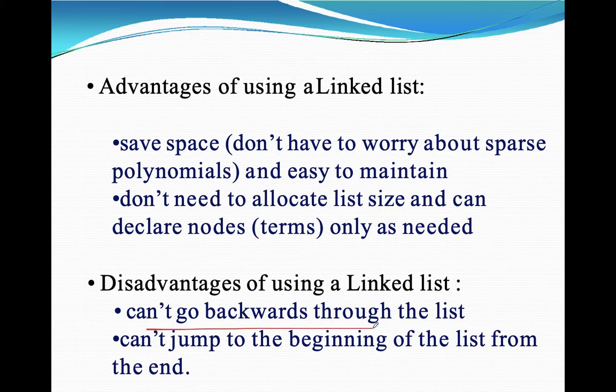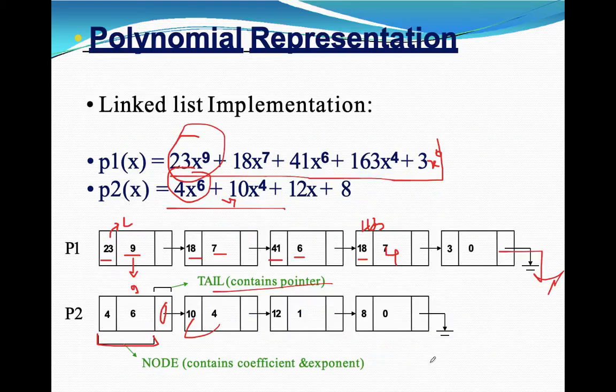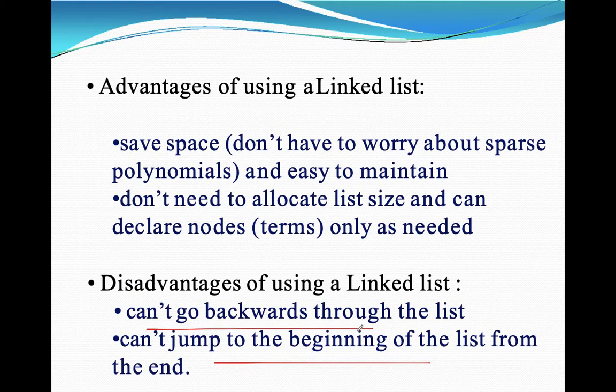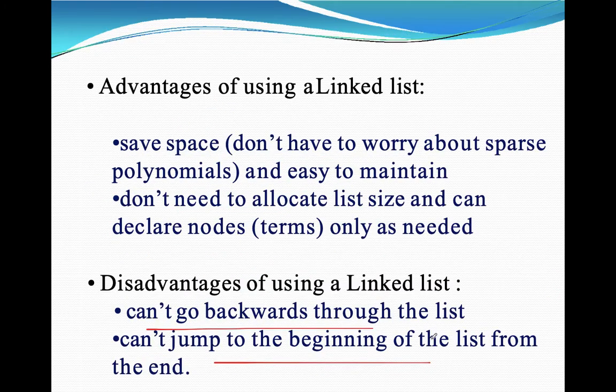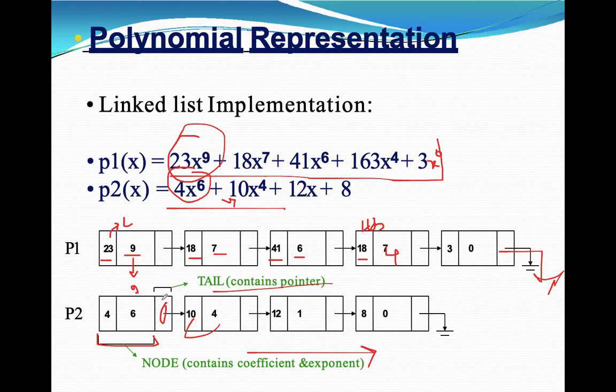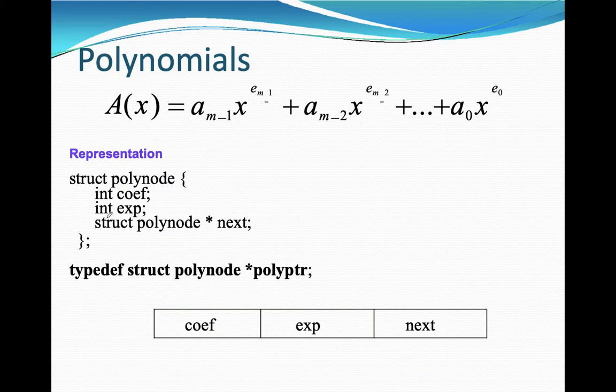Disadvantage is you can't go backward through the list, can't jump to the beginning of the list from the end. This is the drawback, because of this process, that's why you cannot go backward, and you cannot jump to the beginning also. This is the representation of the polynomial in a format. So this is the coefficient, this is the exponent, this is the next. ঠিক আছে।